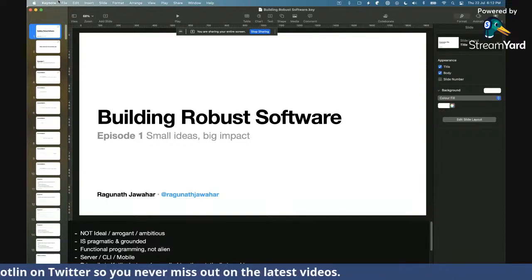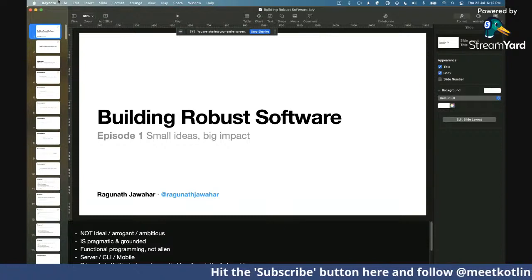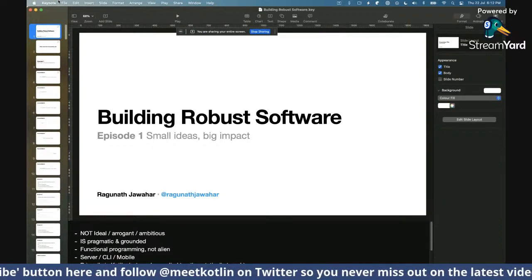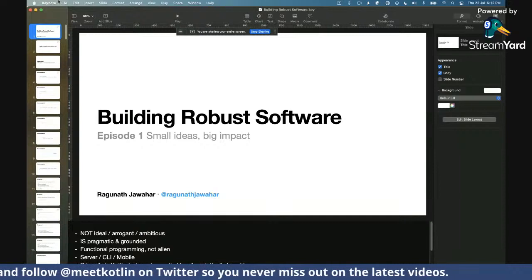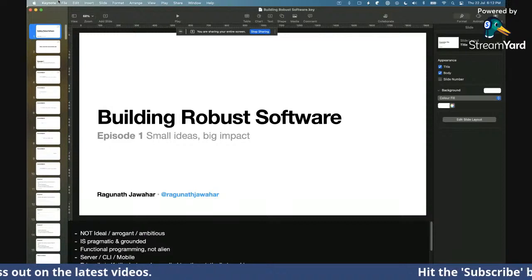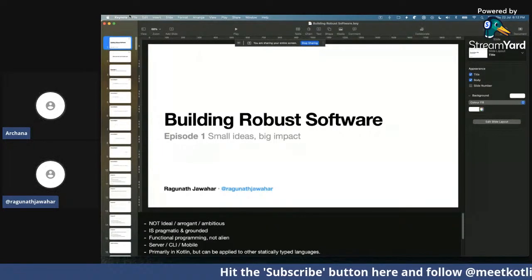So the first example we're going to discuss today is an API interface that can help us make API calls. If you look at this interface, it's a very simple interface. It has only one function in it. The function takes the email and the password, and it returns a response object. And if you look at the response object, it's a nullable type. So if you're calling this function, you can either,